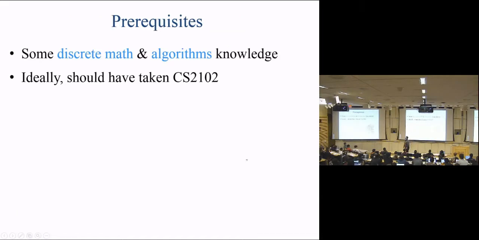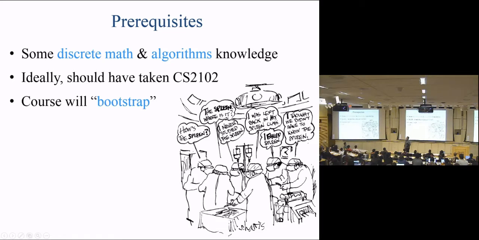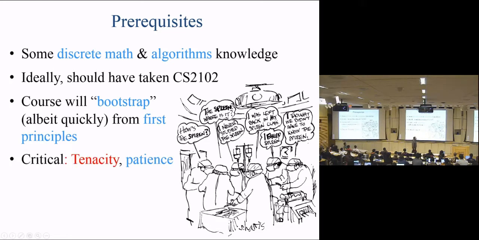So prerequisites, not a whole lot. A little bit of discrete math will be helpful. A little bit of algorithms will be helpful. I think most of you have had that here. If you're a little bit rusty, you can look stuff up. You can look at some of the handouts I put on the class website to brush you up on some discrete math and set theory and a little bit of algorithms and that kind of thing, which will come in handy. So there are not a whole lot of onerous requirements for this course other than a lot of diligence and